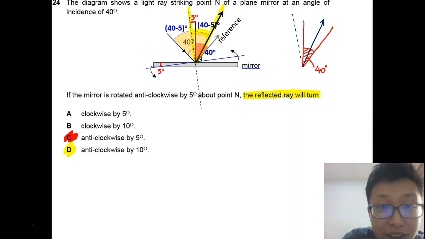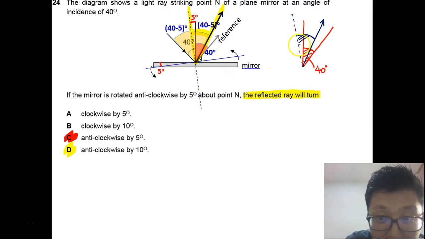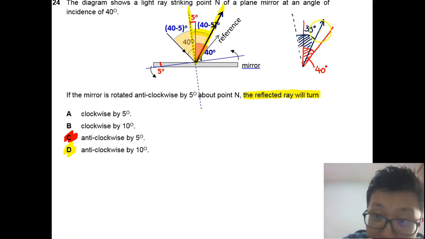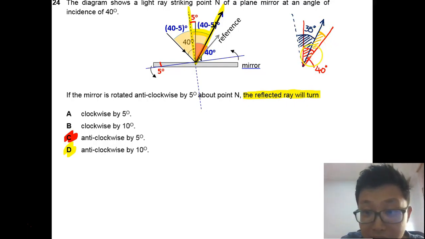Okay, between the new normal and the new reflected ray, this is 35 degrees, and you are supposed to figure out how much this angle is. So this is 40,